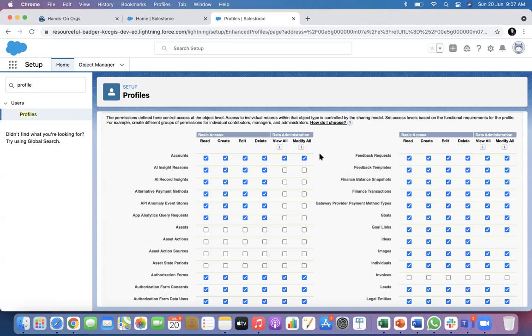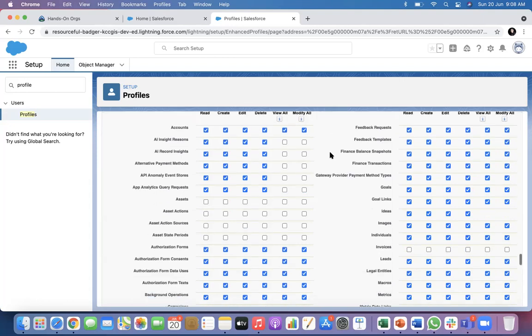If there is an OWD and a person is facing some problem, and there is nobody to go and check, that would be a huge problem. So that is why view all and modify all permission is there to bypass OWD. System administrators are usually given view all and modify all so that they can give support. Okay, but general profiles will not have view all and modify all. Clear?